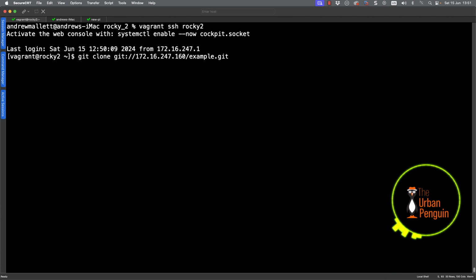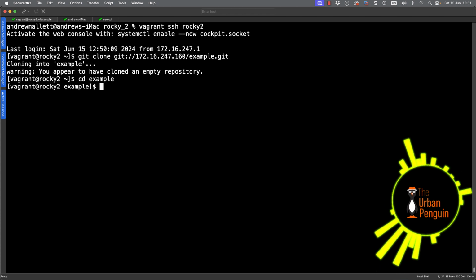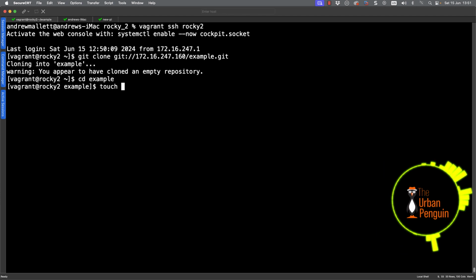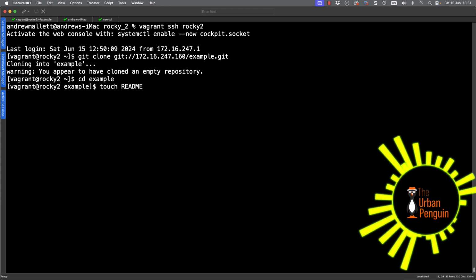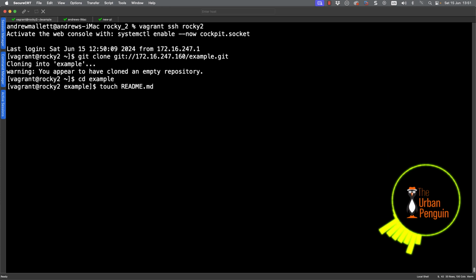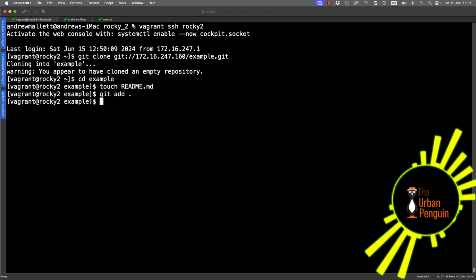Remember, we set our base path to be the home directory, so we're looking in the user's home directory. We've obviously cloned an empty repository, which is what was set up, but then we can show that it is working in our write environment as well. So if I go through and do a touch of readme.md, we can add this.